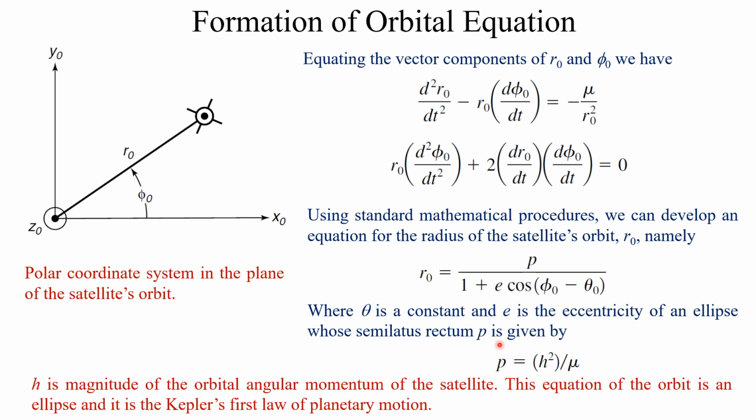So this is basically the equation of an ellipse with semilatus rectum p, which can be written in this way: h²/μ, where h is the magnitude of the orbital angular momentum of the satellite. Now this equation of the orbit is an ellipse, and it is Kepler's first law of planetary motion. So we will discuss Kepler's laws afterwards. So we have proved that the equation of orbit for a satellite is an elliptical one. Okay,